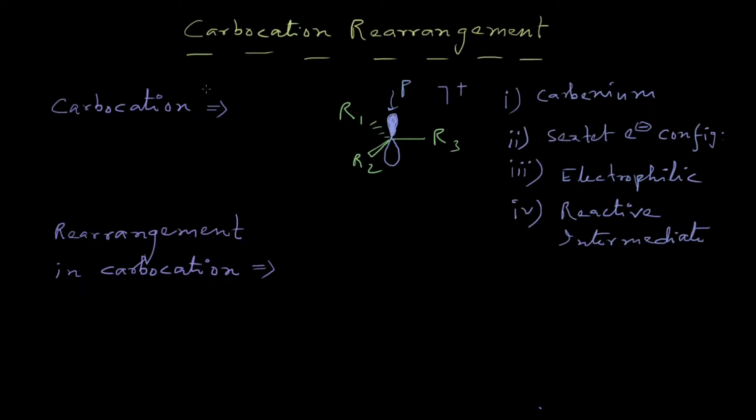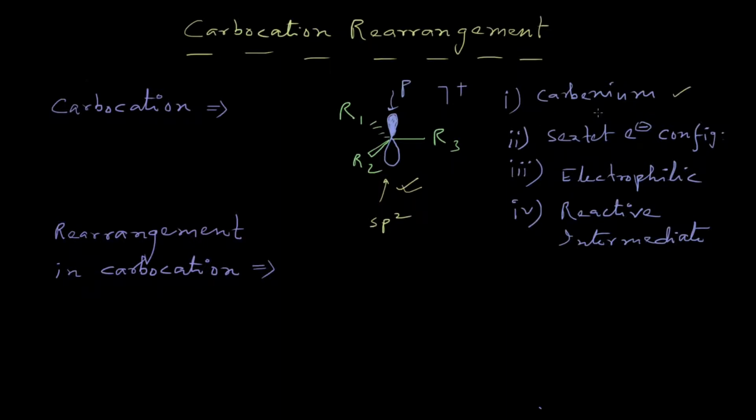Hello guys, in this video we will discuss carbocation rearrangements. So carbocation, as we know, here I have given an example of a carbocation. Carbocations are basically sp2 hybridized. The central carbon atom is sp2 hybridized and it has a vacant p orbital,